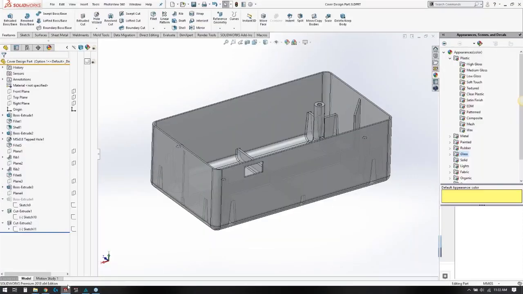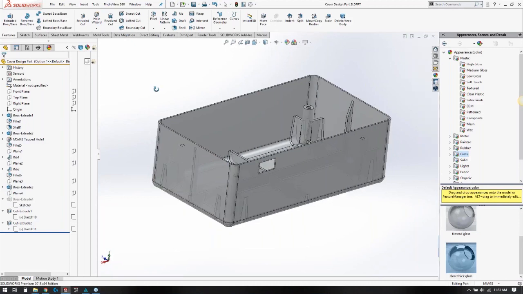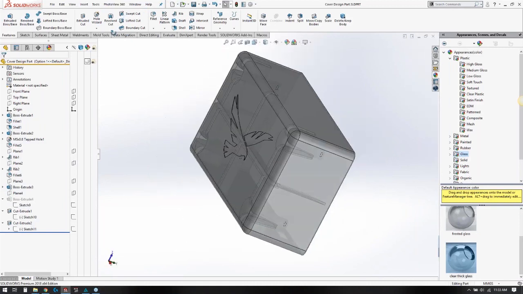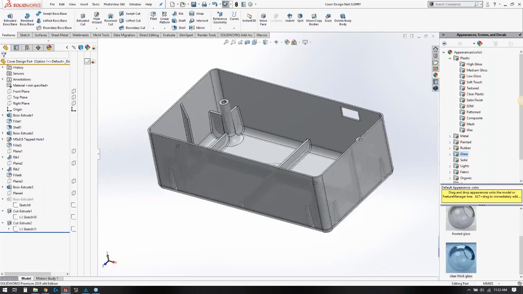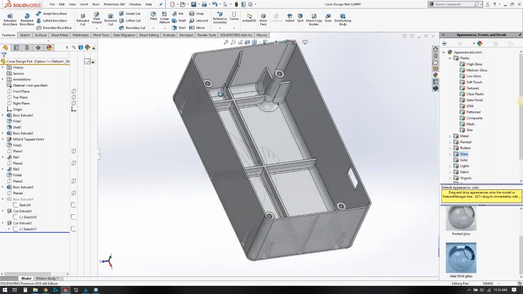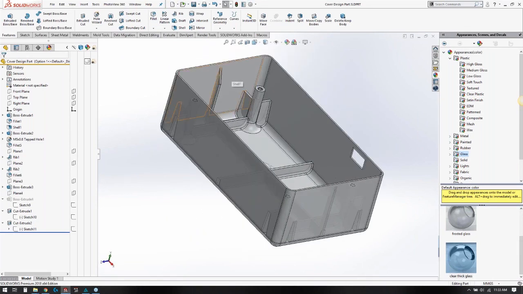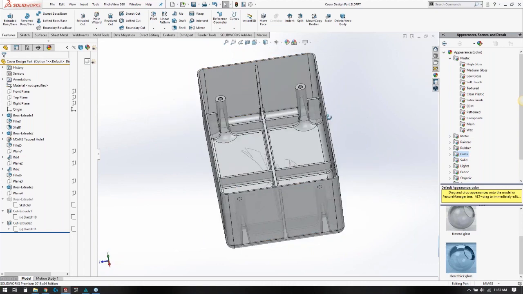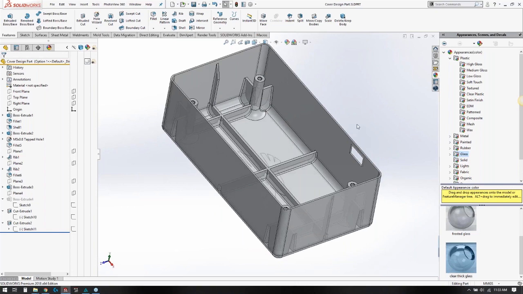So within SOLIDWORKS, I have this cover here that I want to print, and it's just a simple design, maybe for like a Raspberry Pi. I just need to cover it. I need a spot for a USB drive to enter. And so how you do this is you have your part all finished, and you can go to File, Save As,